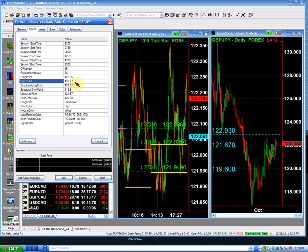My selling point, my short point, now is going to be the structure point, which is the 121.67. That's going to be my selling point, and it's going to be my structural short. So when I have 2 numbers like this, I'm not interested in touching it unless it trades below the 121.67. That is going to be my short point, my structural short, and my stop. On the upside, I'm buying it above 122.36,